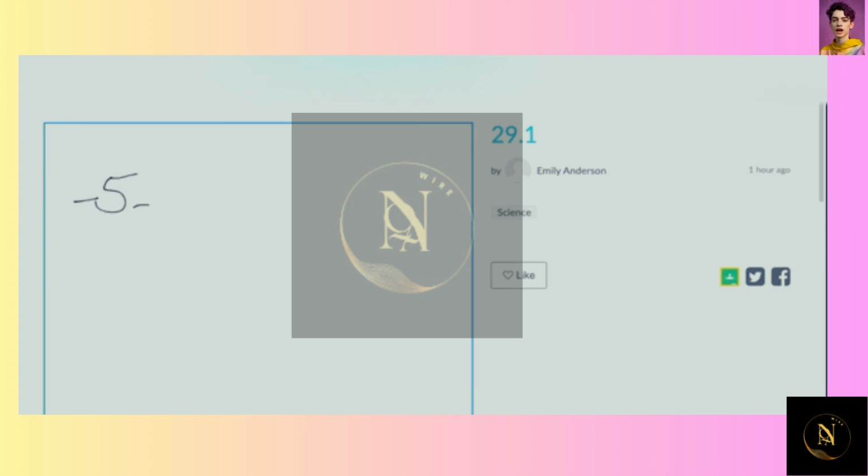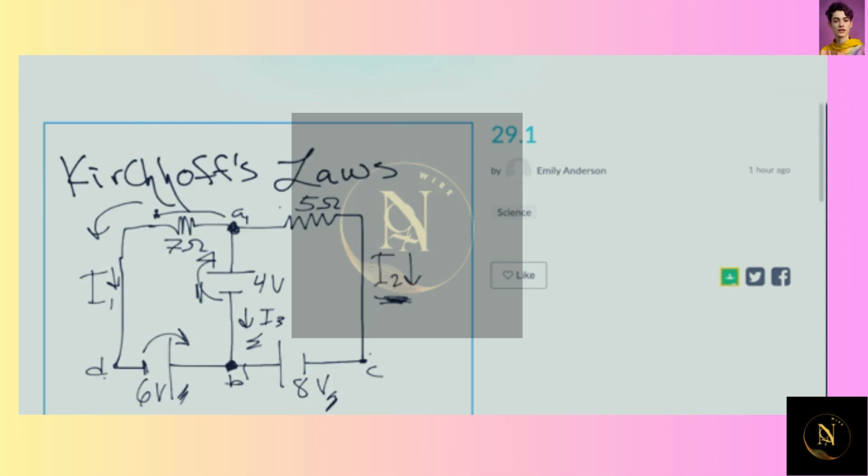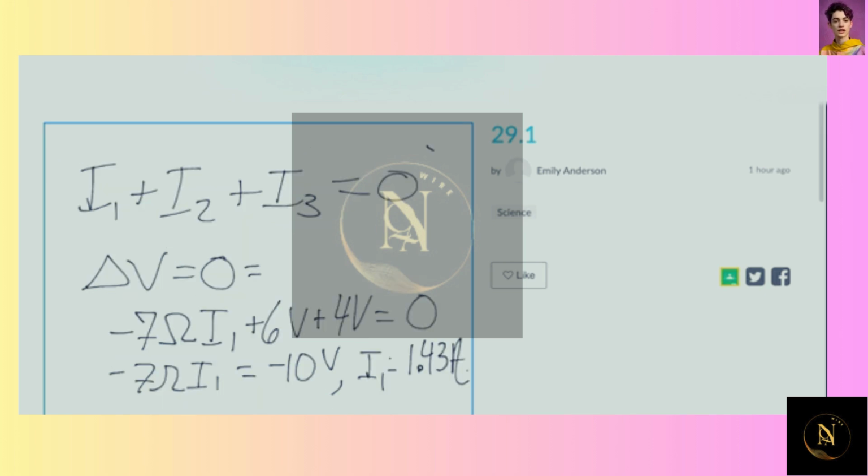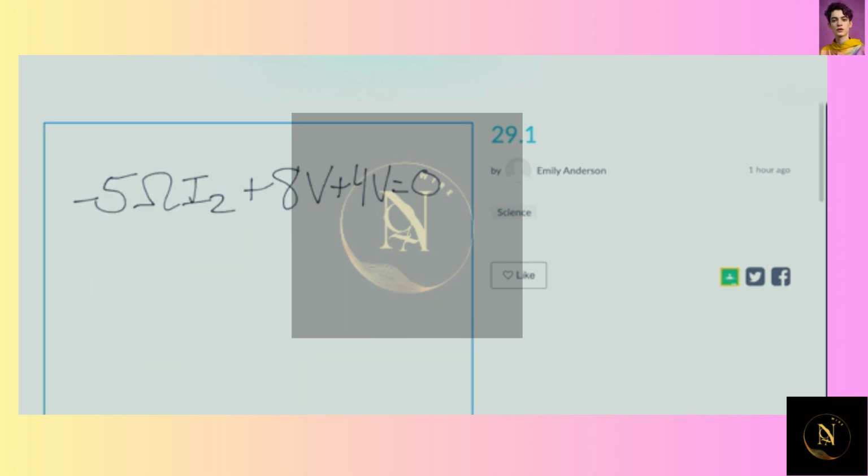All right, we see I2 times 5 plus our 8 volts plus 4 volts to get back to point A. That gives us a value for I2 equals negative 12 volts divided by 5 ohms, which gives me a current of 2.4 amperes. And to find I3, I want to go back to my node law where we stated before